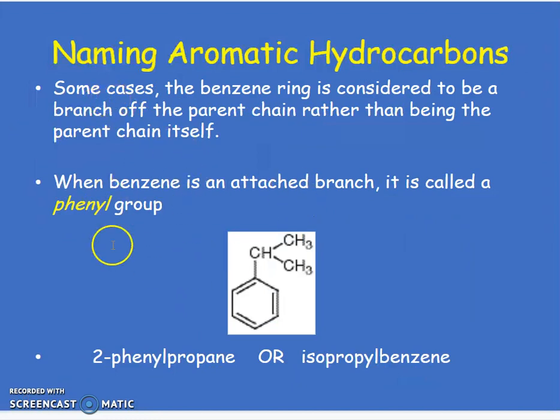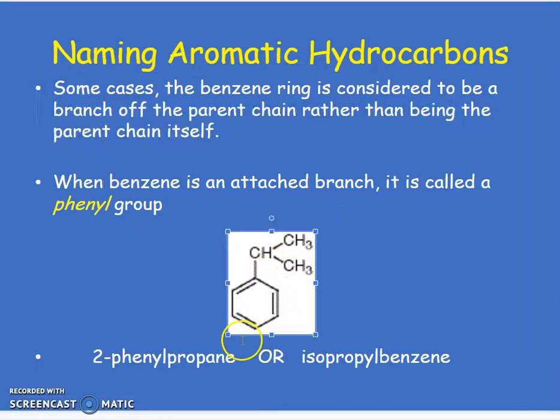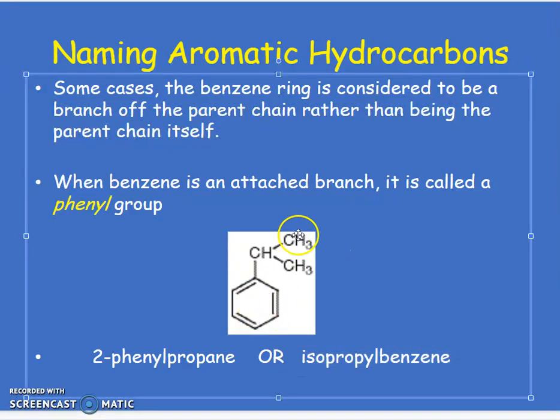Now, sometimes benzene can be considered to be a branch. Meaning instead of being the parent, we can also consider it to be a branch. When it's a branch, it has a special name. It's called a phenyl group. So here, if the parent is benzene, we would use the name isopropylbenzene. Or if we consider the propane to be the parent and benzene to be the branch on carbon 2, it would be